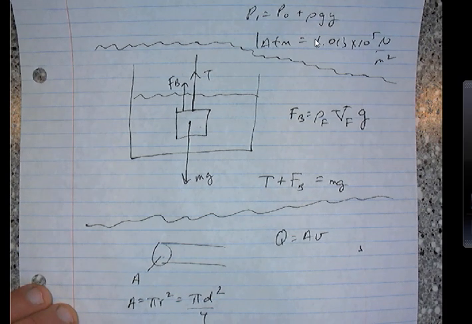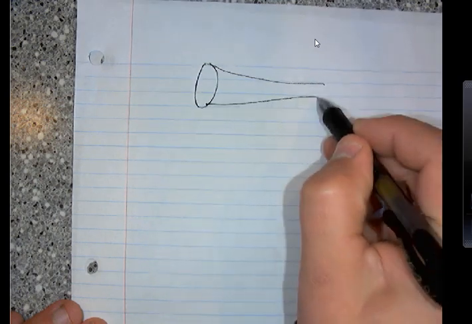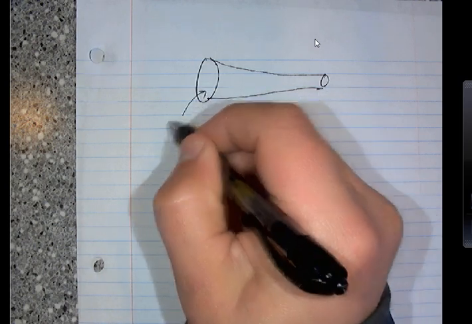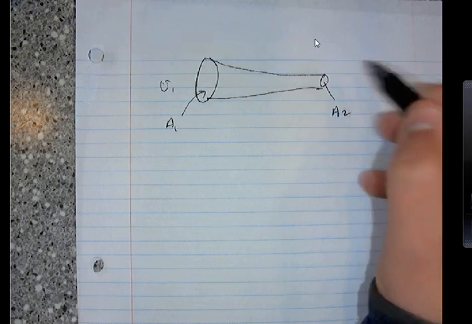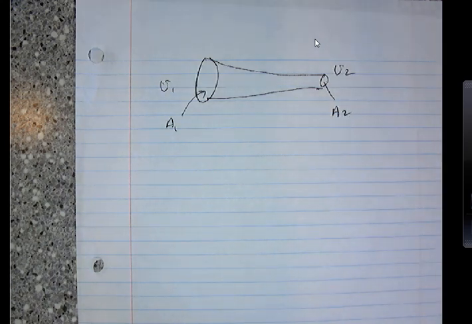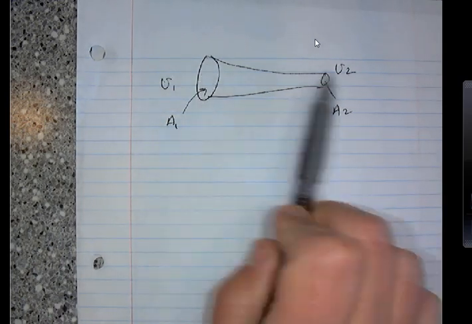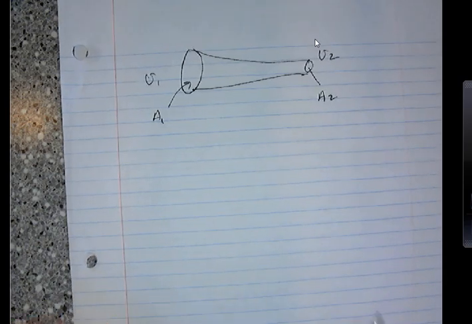We can do a little bit more with this. For example, if you had a pipe or a hose, whatever it is, that gets narrower, we could figure out the speed at this side if you know the speed at that side, and you know the areas. So this is what I'm trying to say. If this is area 1 and we know the speed here, and you know area 2 here, we could figure out the speed over here. It's the continuity equation. The volume flow that flows through here has to be the same as the volume that flows through there. You're not losing any water, you're not gaining any water. So if those are the same,